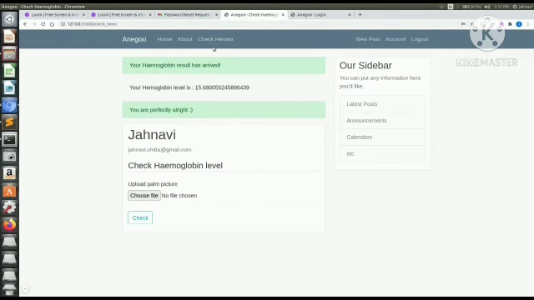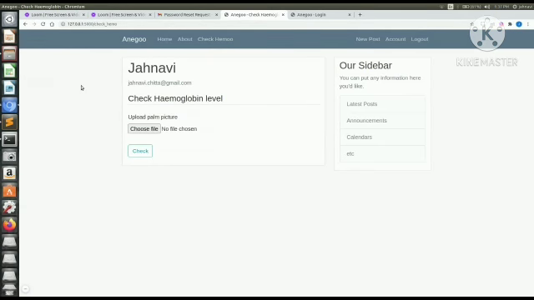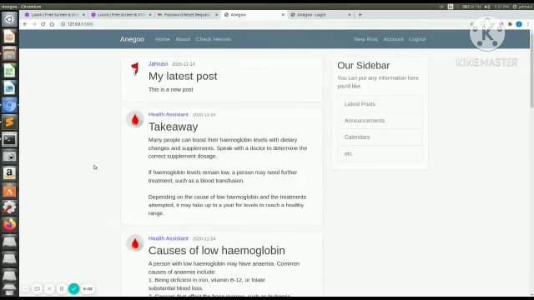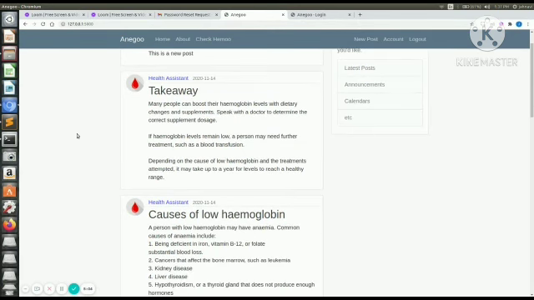And also, another thing we are gonna improve is we are gonna make this a payment model. We have to add that for this. For any user, the first 5 trials of this Anigo will be free, and after that the user has to pay something to check his hemoglobin levels, and that is a small part left over here, and that will be done shortly. Yeah, this is the overview of the Anigo app.